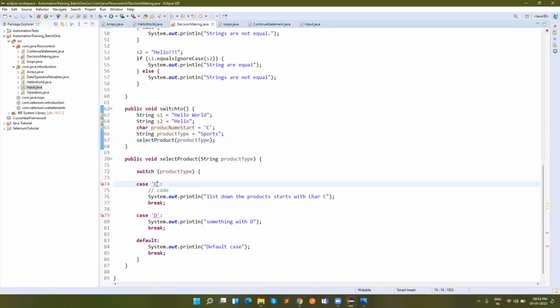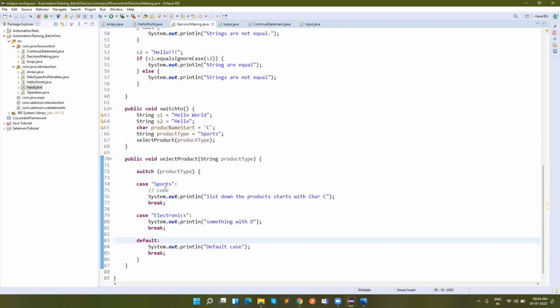Okay. So switch is like that only. Whenever you know the specific scenarios for a particular situation, then you can use the switch statement. What I'm doing over here is just writing down the syntax for this one, and I'll show the flow chart as well.